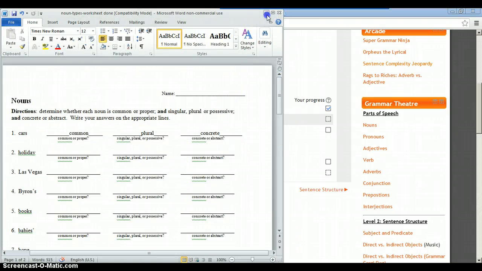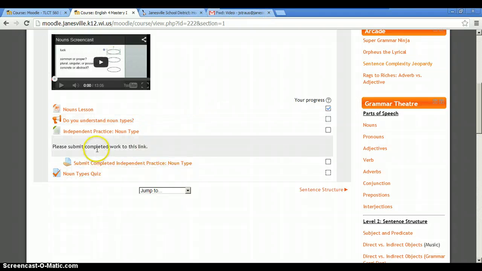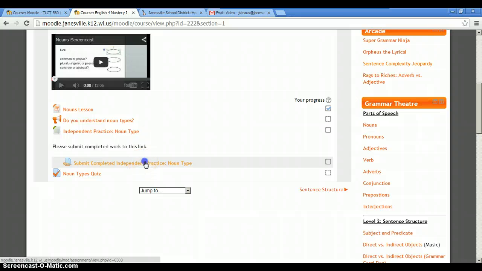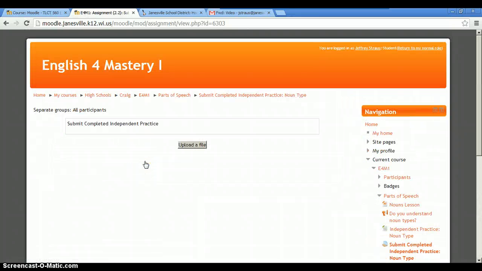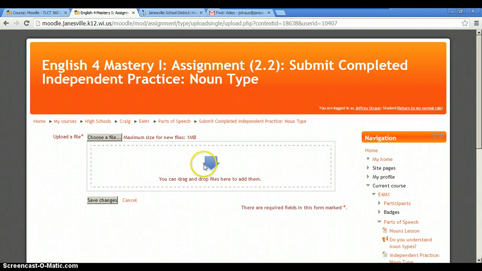So then each week after you finish an independent practice, there will always be a "Please Submit Completed Work to this link." So you click on this, Submit Completed Independent Work. You click Upload a File. Okay, and then the really neat thing here is you will be able to,